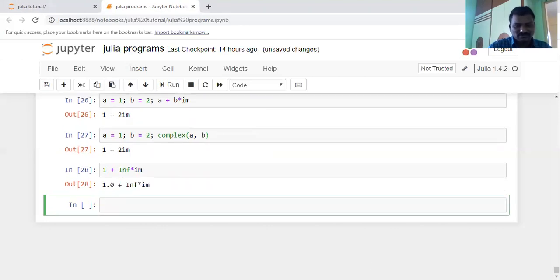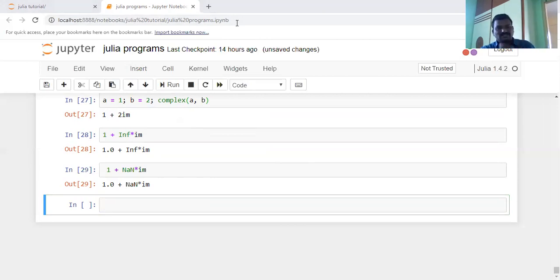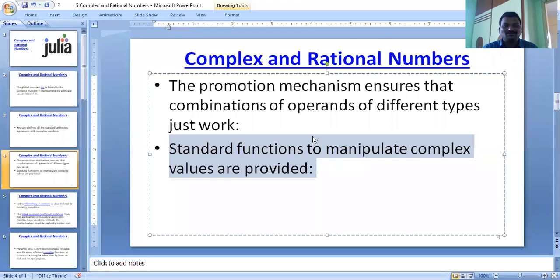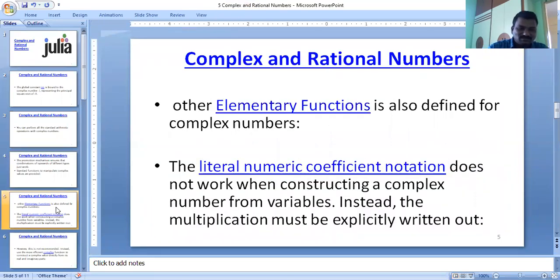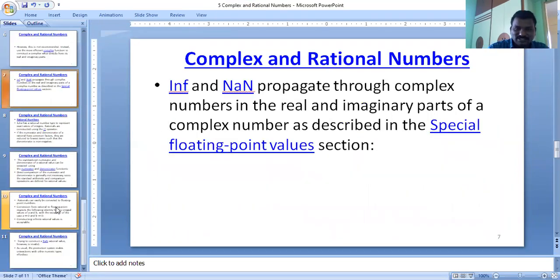That means 1 plus im, that's value also 1.0 into im. And then some other non-nan function. Here for example, if you apply the nan, what is the value of nan in this case? In this case the nan is producing the result as a NaN function. Here that is about the simple complex numbers. This is some information regarding the complex number. That means you will apply the INF and then NaN functions for these complex numbers.